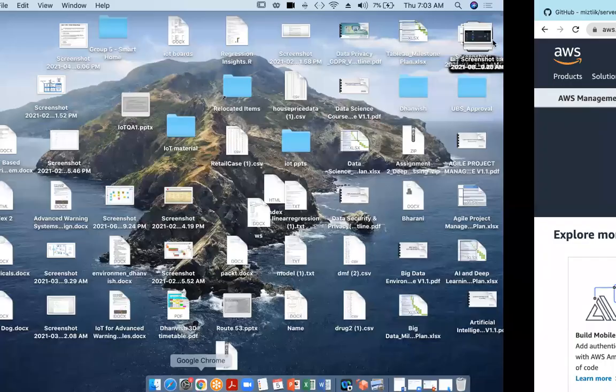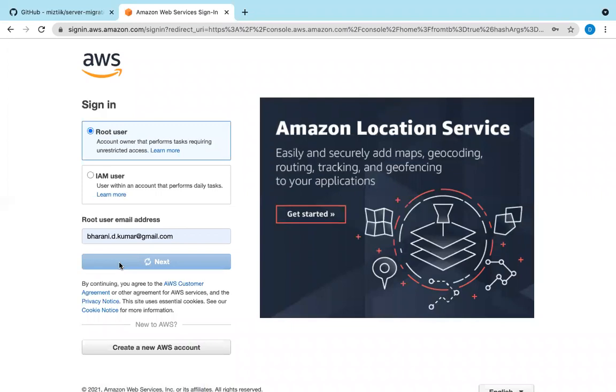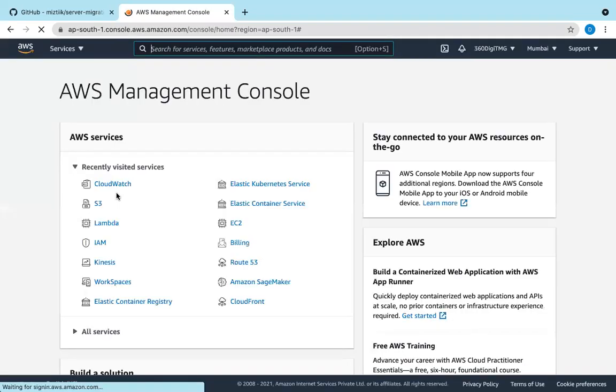Let's go to the AWS console. Let us go to Lambda first.